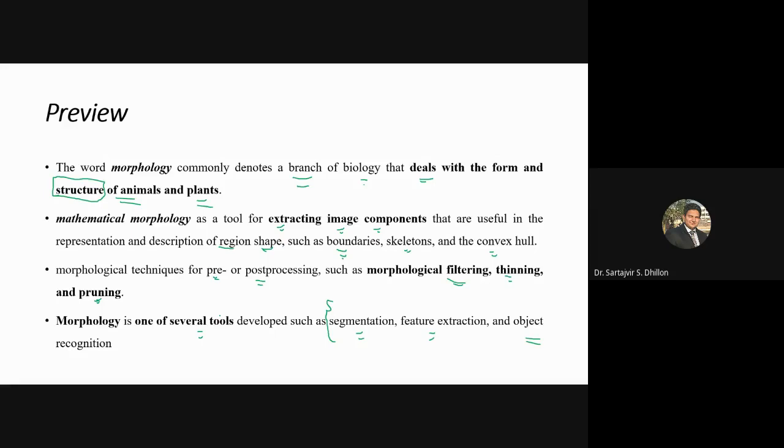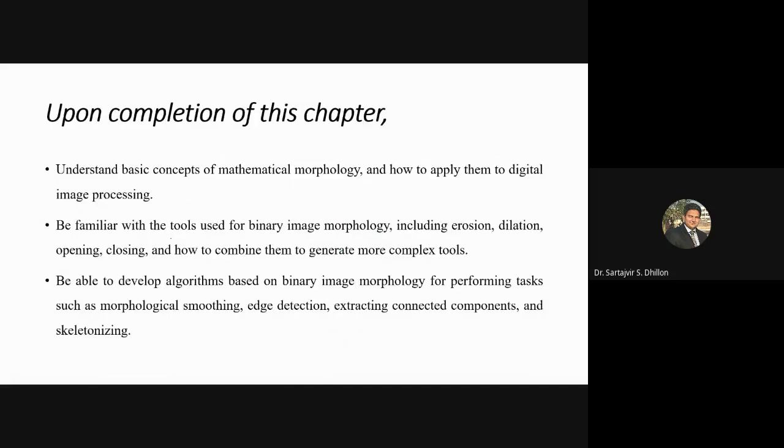These start from the problem domain. Then there is image acquisition, image enhancement, image restoration, then color image processing, then wavelet transformation, and morphology. After morphology there is segmentation, then feature extraction, then pattern classification, and the last one, which is part of pattern recognition, is object recognition. So these are the basic steps, and you can check where morphology, segmentation, and feature extraction are lined up.